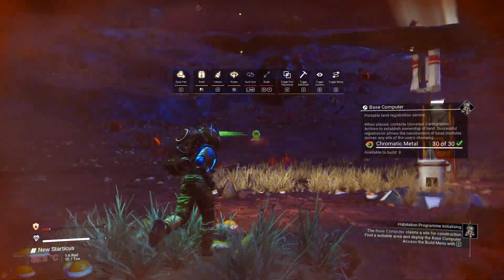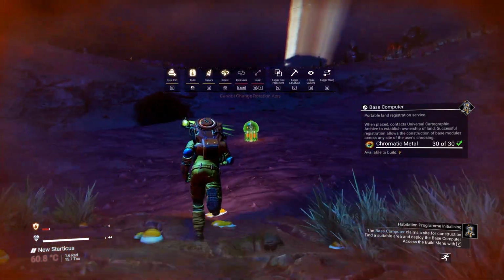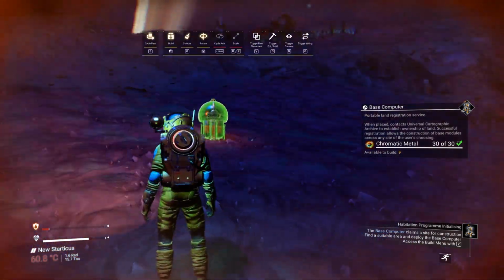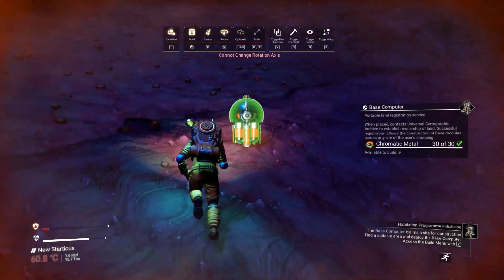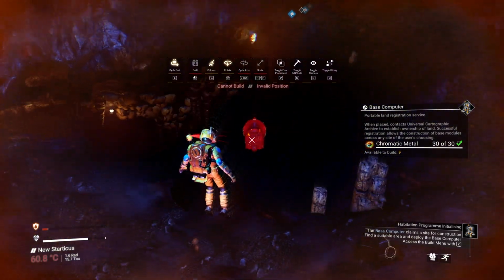Alright, here we go. The base computer is ready to be built. And now we can put that down wherever you want to. It doesn't really matter where you put down your first base. You can have 400 bases, and you can always put one down and then pick it back up and put it somewhere else. Let's put ours...